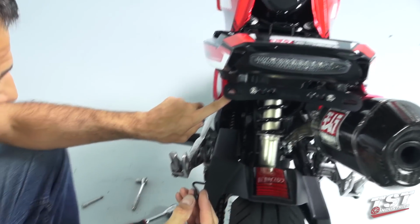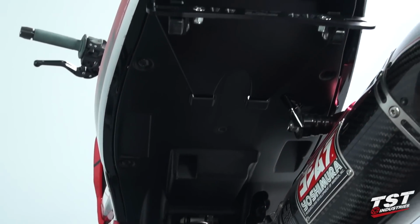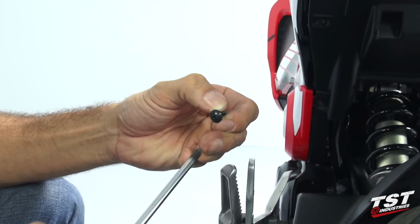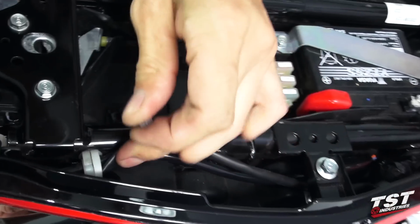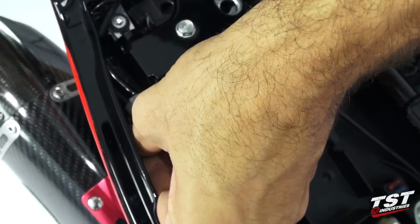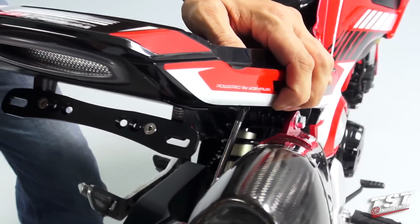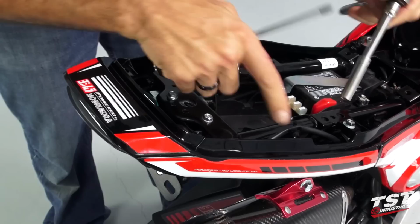So the screw that came out of this location will actually be used in this location along with this locking nut from the TST hardware kit. What I'm gonna do is just put it in place for now. And from the top, in this location here, put in the locking nut. Now that you have the nut threaded up, you can just snug it up just a little bit, still leaving enough adjustability here in this plastic. And using an 8mm wrench,